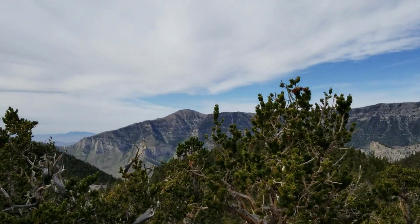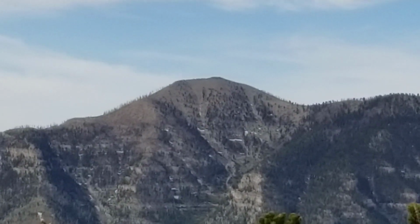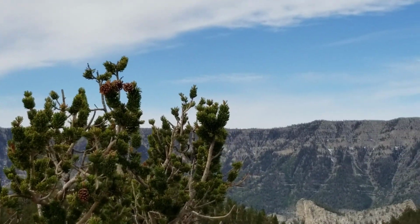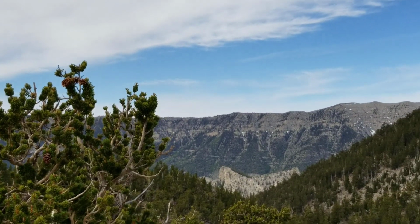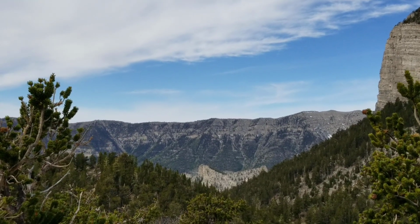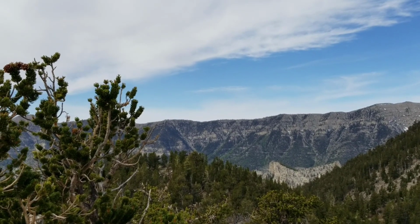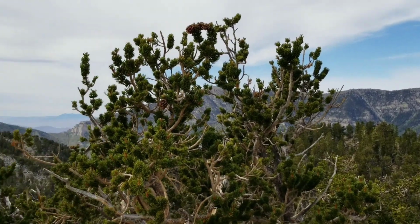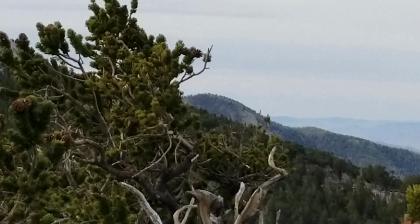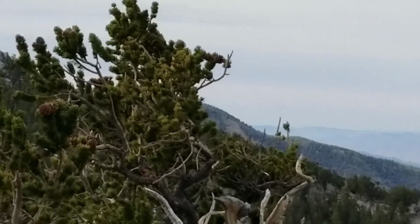And, oh, here we go. Griffith Peak. Right over here. And then there's the south ridge of Kyle Canyon, where I was saying, traversing that south ridge, along the top of the south ridge at sunrise, looking at the west side of Mummy Mountain, you saw the Mummy in all its glory. And just the tip over here of Harris Mountain. There's Harris Mountain, and then you can see the saddle,